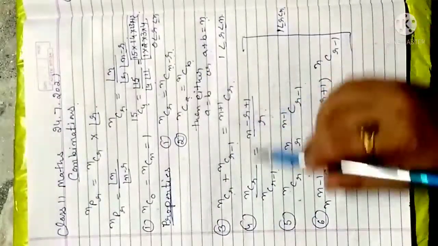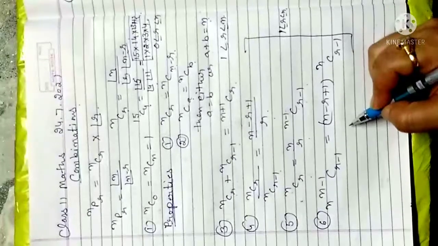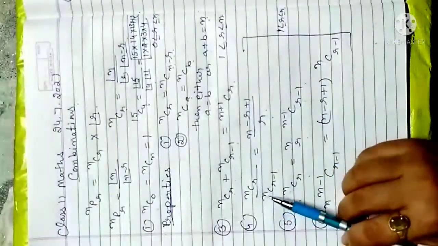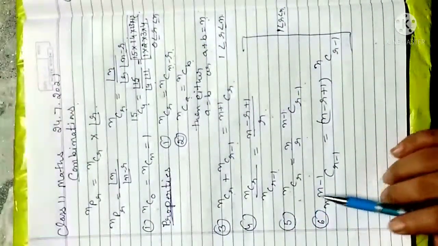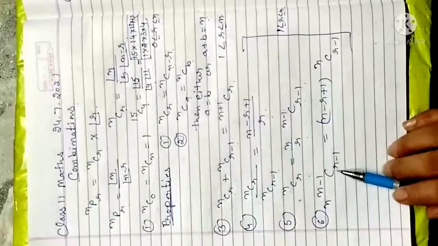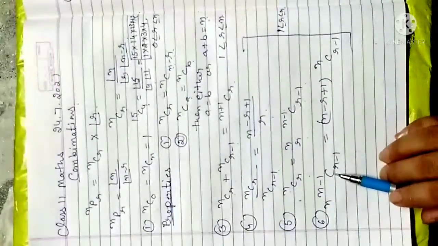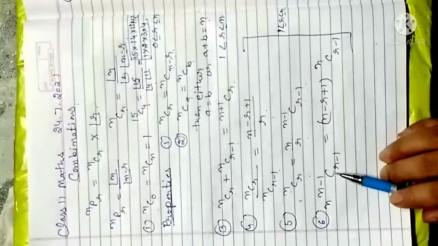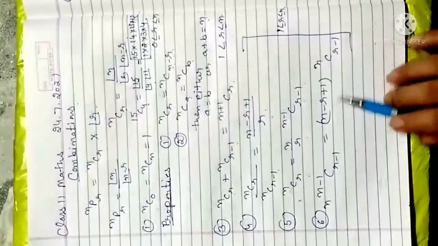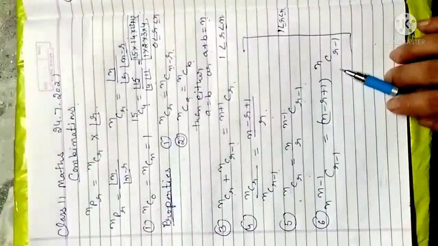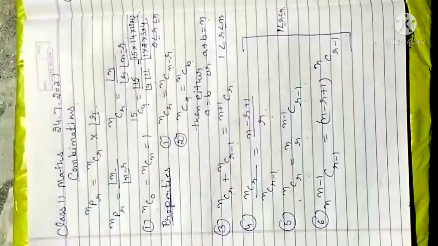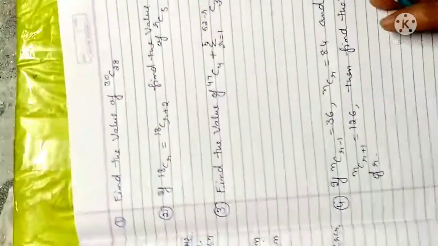So why do we write these properties? Because in some questions, when combinations like nCr upon nC(r minus 1) or n into (n minus 1)C(r minus 1) come, we need not expand each and every time and go with the bigger solution. Instead we can apply the right hand side in the question to reduce our calculation and quickly get the answer. So here I have some questions to solve.